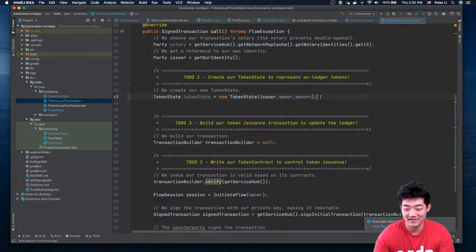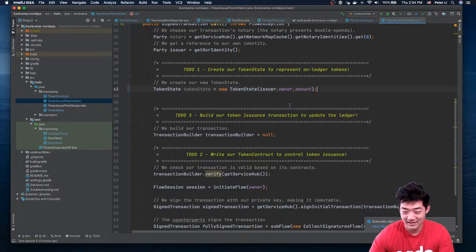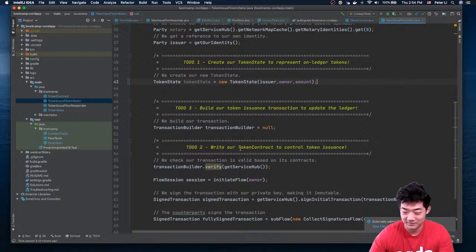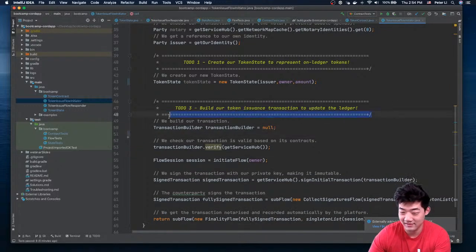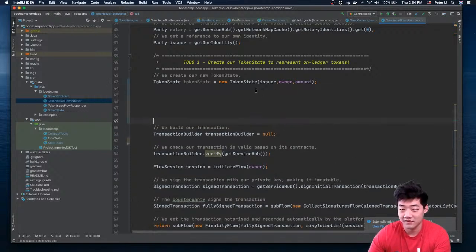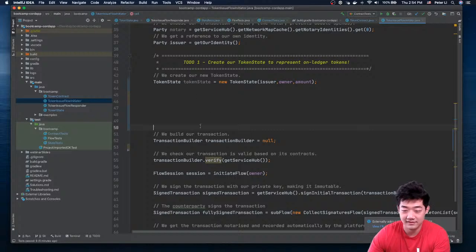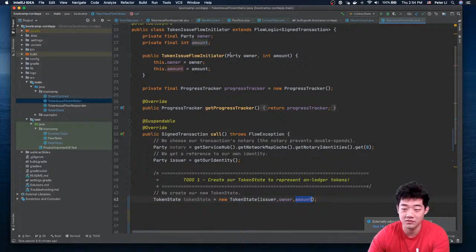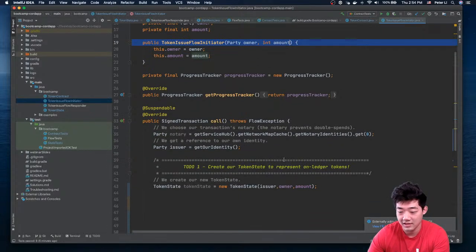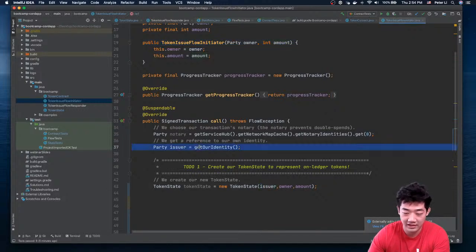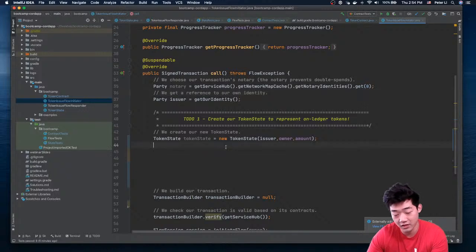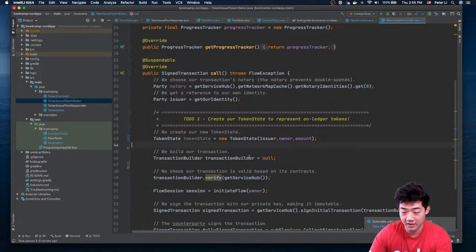So create a token state, and the second thing is write our token contract to control. So the first thing is create a token state with our issuer, owner, and amount. Like we define them in the constructor, who's gonna own it and what's the amount. And then the issuer is always ourselves, like we declare here. We get to reference our own identity because we are initiating the transaction. We are the issuer. And the next step is building a transaction builder, because that's what's gonna carry